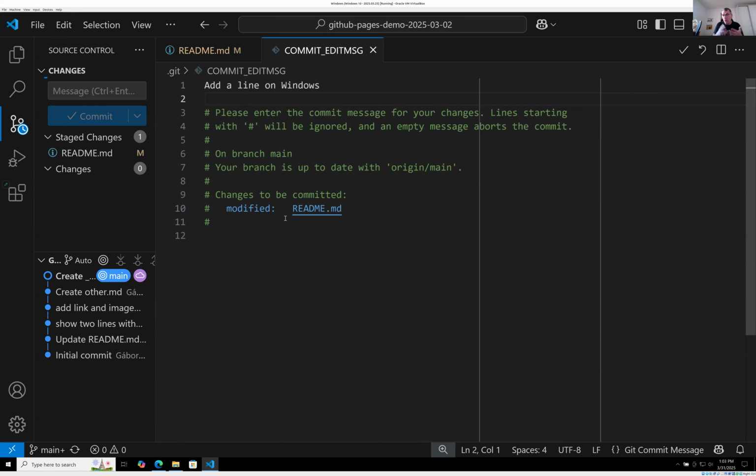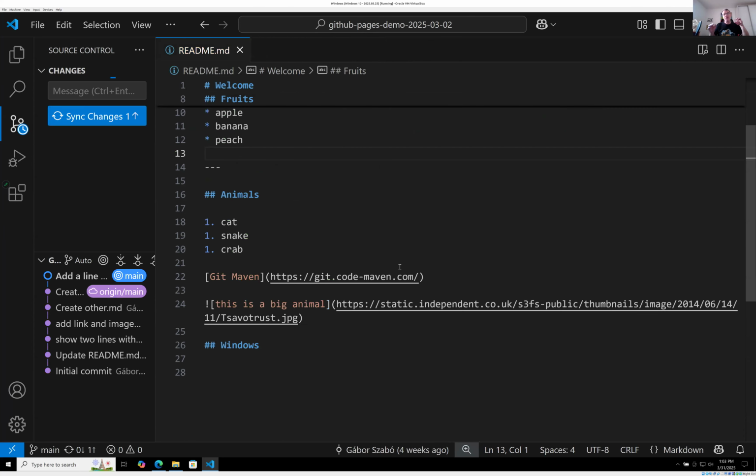Of course, if you are trying it on Mac or Linux, then you don't have to write it in the line on Windows. So I just edited this file, and now I can save the file with Control S and close the file. And once I do that, then the Git client locally makes this commit. Okay, so now I made this change, saved it basically to Git locally on my computer, but it's still not